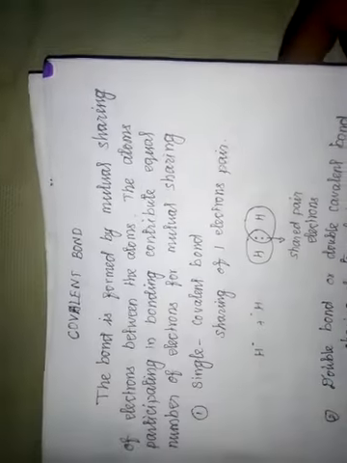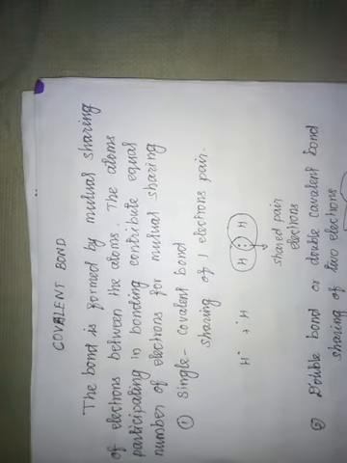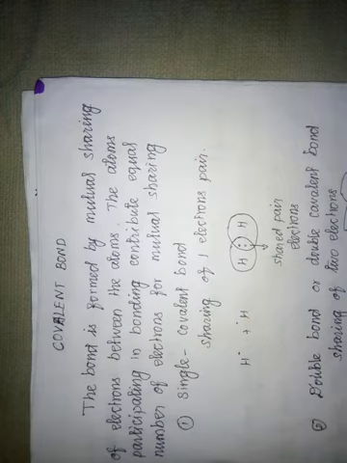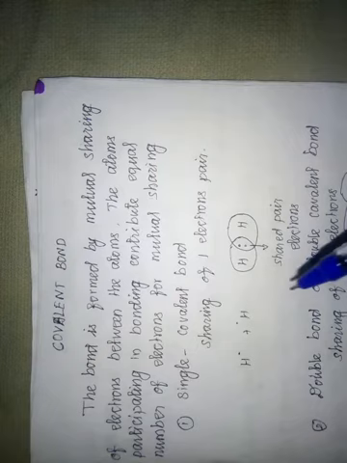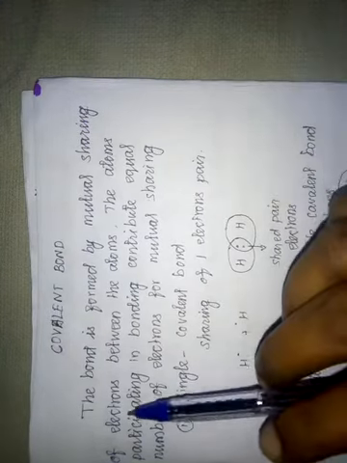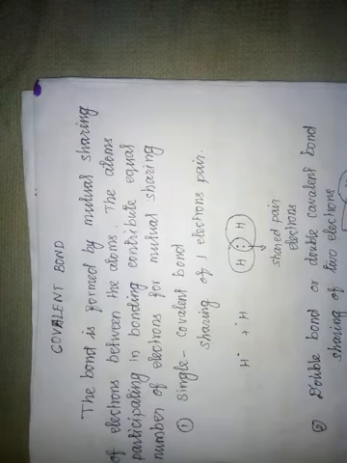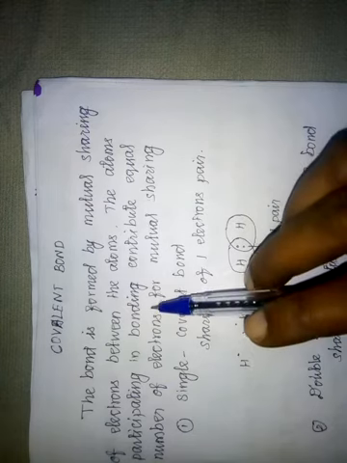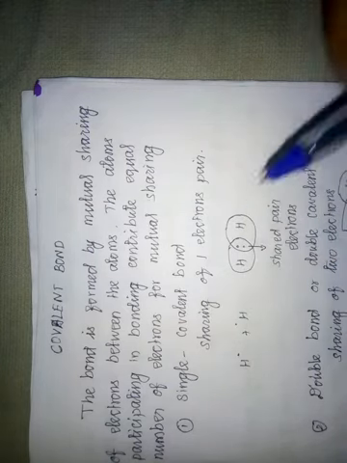The other one we'll see is the covalent bond. Earlier we have seen that the ionic bond is the transfer of electrons from one atom to another atom, from cation to anion. But here it is due to the mutual sharing of electrons between the atoms. Each atom will give 1 electron or 2 electrons. By sharing these electrons, they can form a bond. This type of bond is called a covalent bond. Atoms participating in the bonding contribute an equal number of electrons.